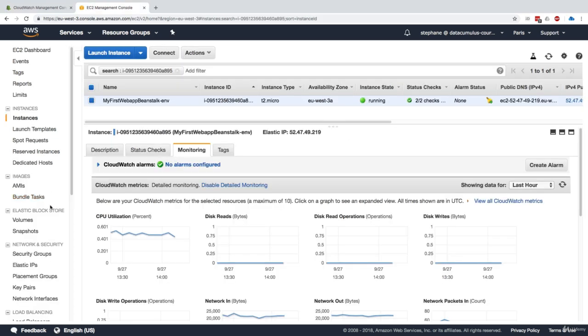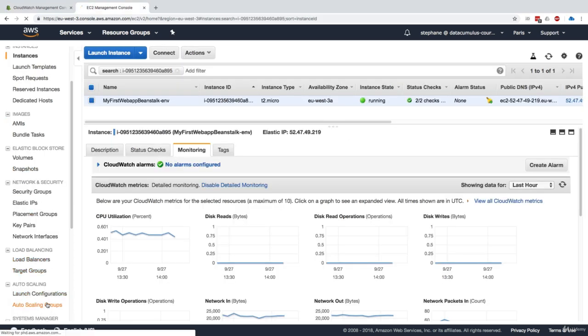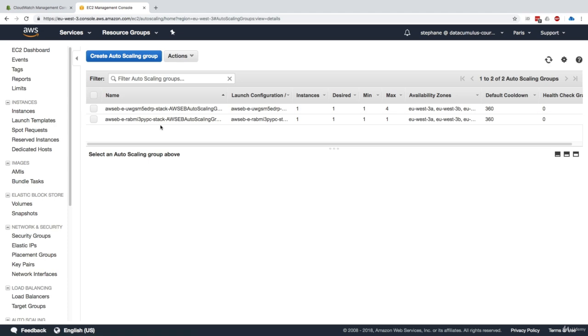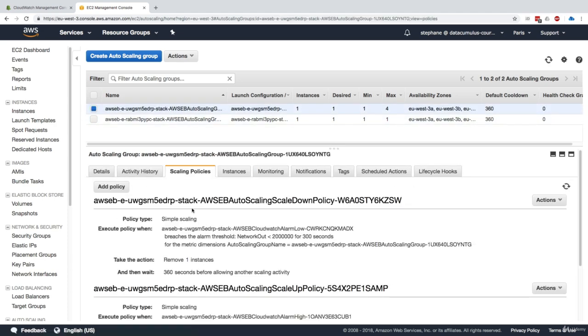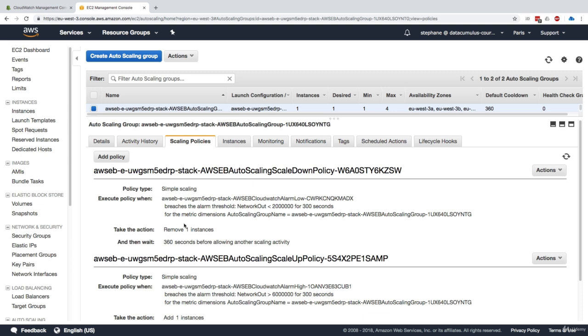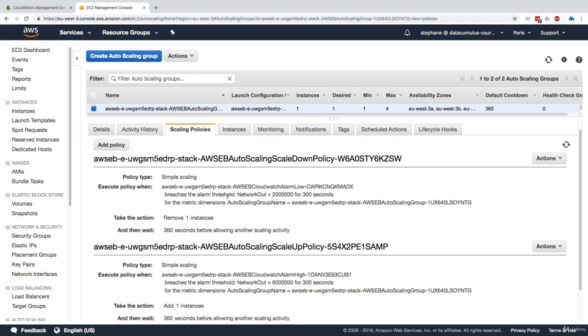And so what this translates into is that when we look at our auto scaling group right here, and we look at the scaling policies, we can see that there is a simple policy which says if the network out is less than 2 megabytes for 300 seconds, then remove one instance.